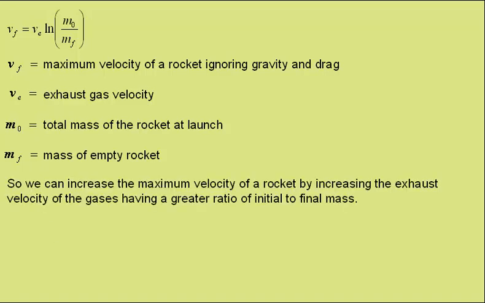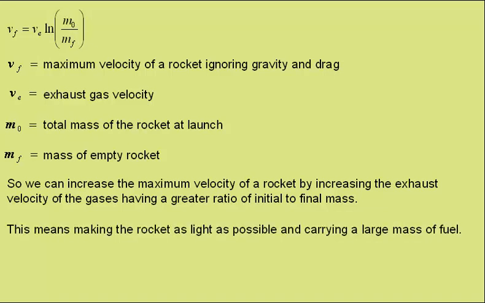So we can increase the maximum velocity of a rocket, V_F, by increasing the exhaust velocity of the gases, V_E, or having a greater ratio of initial to final mass. This means we must make the rocket itself as light as possible and have it carrying as large a mass